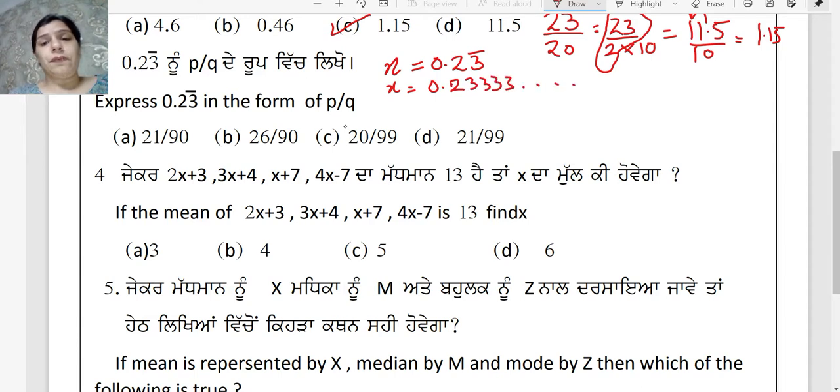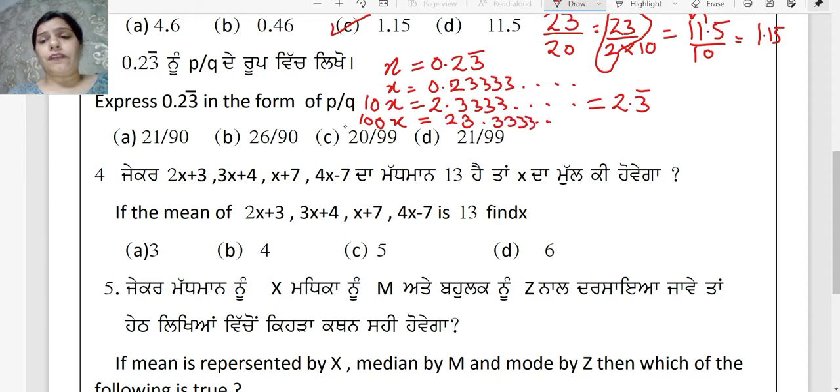So first of all, I will bring this place which is not repeating, that is 2, on the left side of the decimal by multiplying the equation by 10. I will multiply both sides by 10, so I get 10x equals 2.333 and so on. That is 2.3 bar. Now the part which is repeating, that is 3 bar, it again has one decimal place. So again I will multiply by 10. So when 10 is multiplied by 10, you get 100x and 1 3 comes in front. And at the end we are again left with 3's, infinite 3's. So that gives you 23.3 bar.